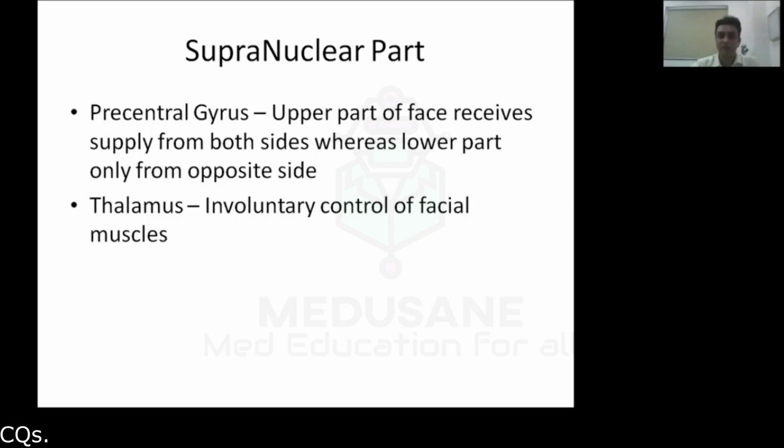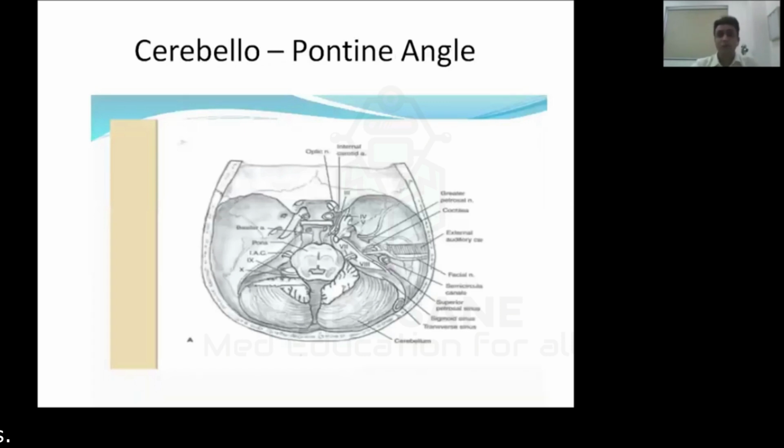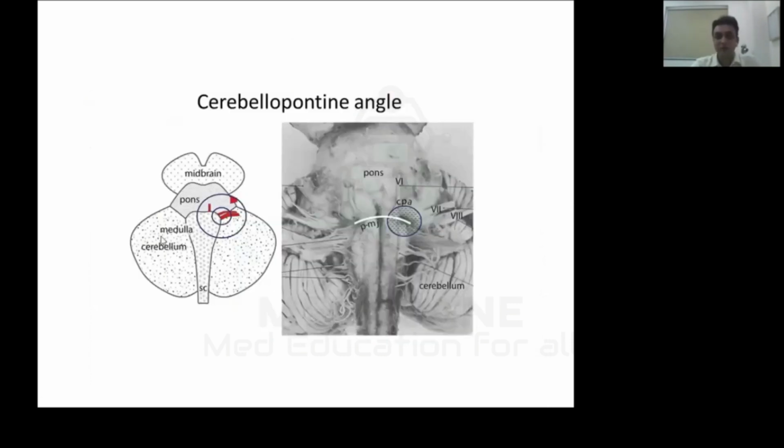The nucleus also receives connections from the thalamus, so that we have emotional control of the facial muscles, involuntary control of facial muscles. So after it leaves the pons, here is the pons area. When it leaves the pons, the nerve goes into this area, which is known as the cerebello-pontine angle. So the cerebello-pontine angle, we can understand from this diagram that here are the two cerebellar hemispheres, and here is the pons. So after leaving the pons,